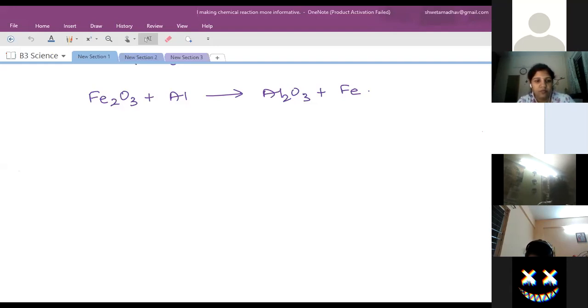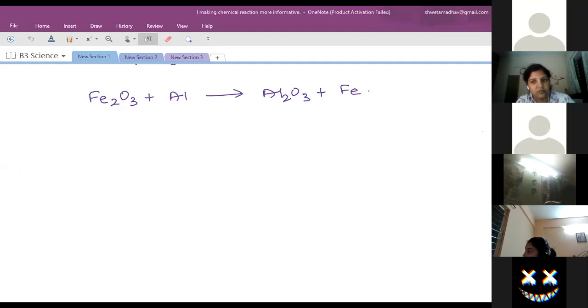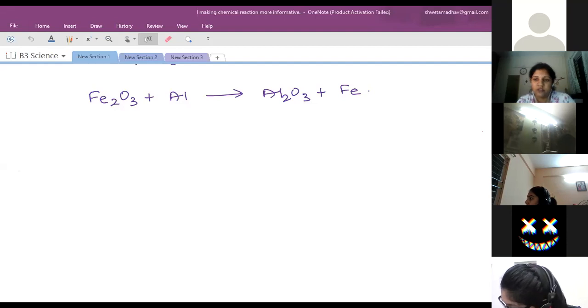So should we write only exothermic reaction? I have only written heat is produced. Yes, heat energy is produced. Fine. Heat and light both are produced actually. Ma'am, how light? When you burn a candle, light is produced, no? No, ma'am, not for that, I thought you said it for quicklime. No. That's the last point.